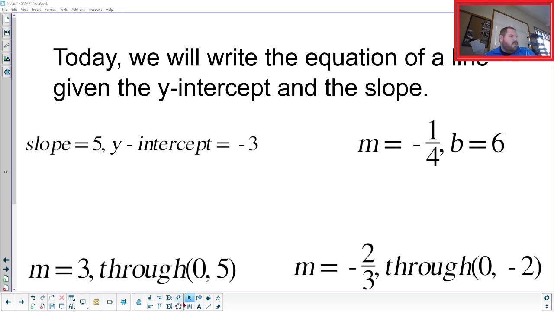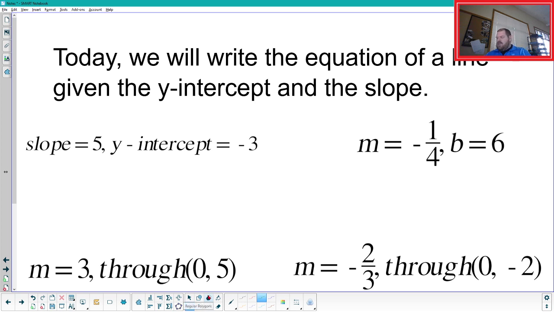Remember what we're looking for. This is always important, and I do say it every day because it's important every day. We're trying to find the equation y equals mx plus b, where m is the slope and b is the y-intercept. So as the first round of problems today,